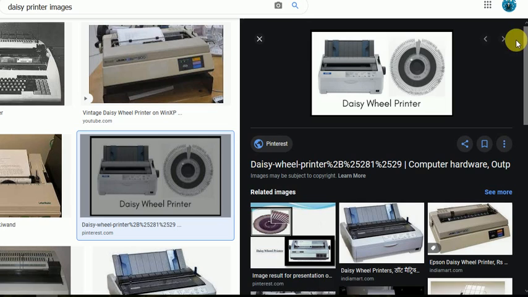So this is the Daisy Wheel printer image. Dot matrix printer and Daisy Wheel printer are the same, but the dot matrix printer is slow. The letter quality printer, Daisy Wheel printer, is fast. So basically this printer is mostly used.